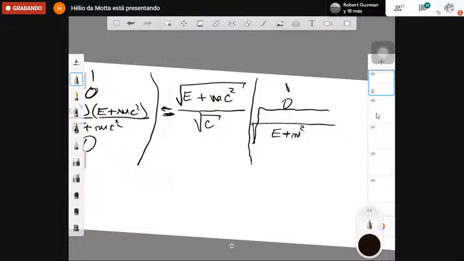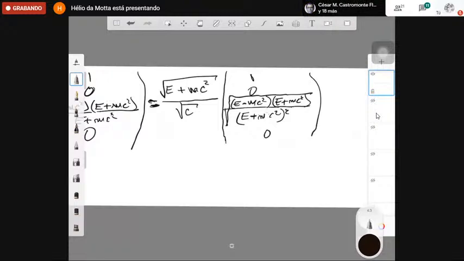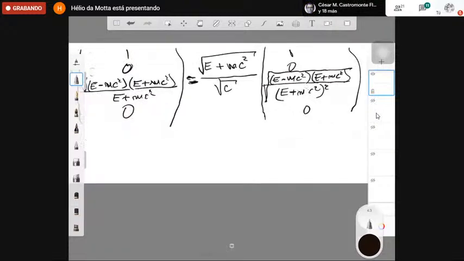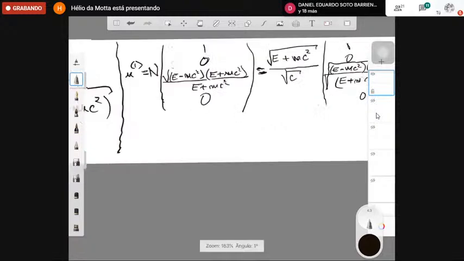This is just algebra, okay? MC squared, E plus MC squared, and 0 here. So making all this simplification, all this multiplication, you simply have that U1